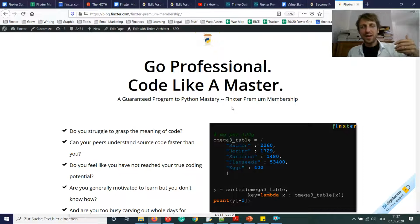I designed the Premium membership to help users and coders improve their coding skills on a very general level, but I also focused on the Python programming language. So as a premium member you will get four things. The first one is